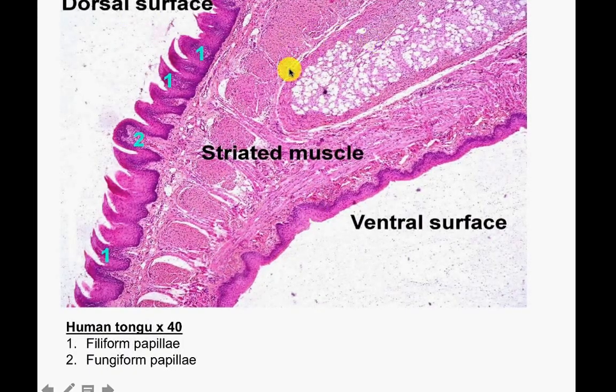Here again we have a picture of the tongue, with the dorsum of the tongue and the ventral surface of the tongue, and the muscle in 3 directions perpendicular to each other. We have the longitudinal, the vertical, and the transverse. Here in this picture we have the mucous lingual glands, which are present under the muscle, nearer to the ventral surface of the tongue,